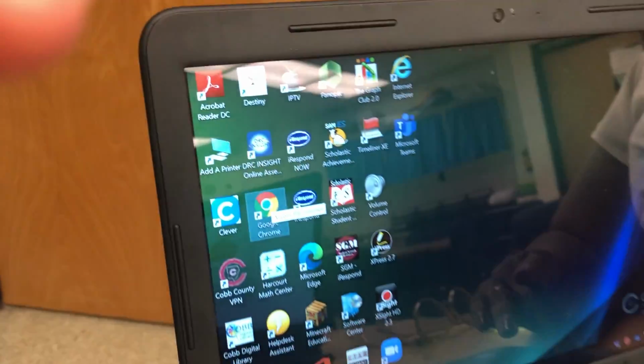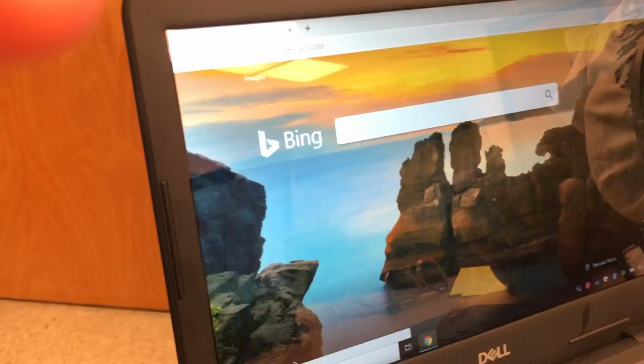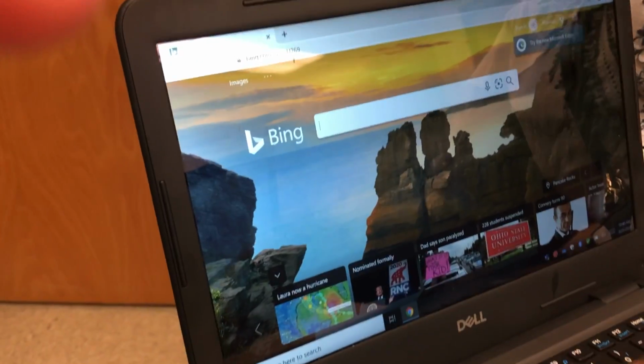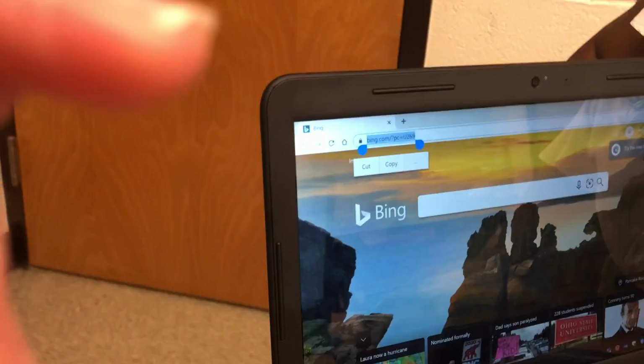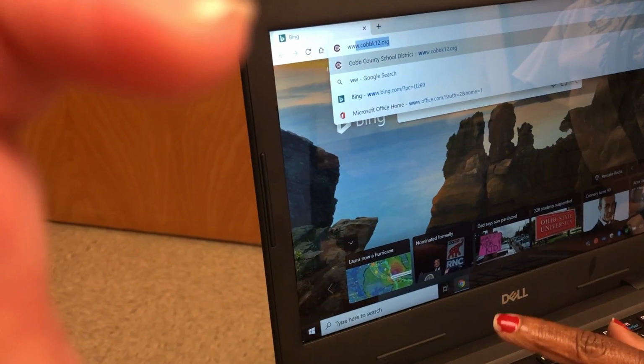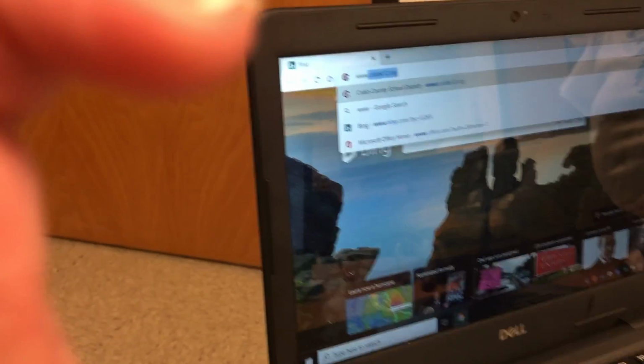Okay? This time we're going to, okay, we're going to go to the Cobb website. We're going to Google Chrome. Make sure you're using Google Chrome. That is the most friendly way. There are other ways in, but that's the most friendly way. So you're going to go to